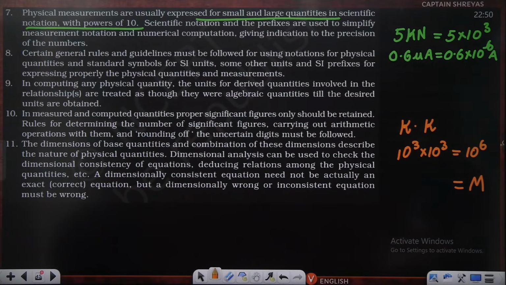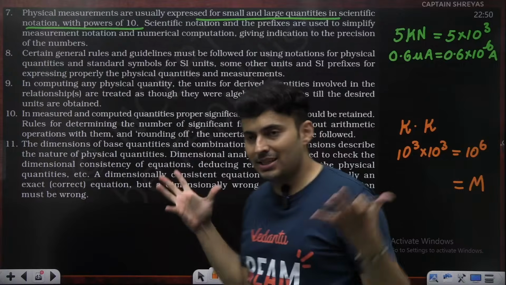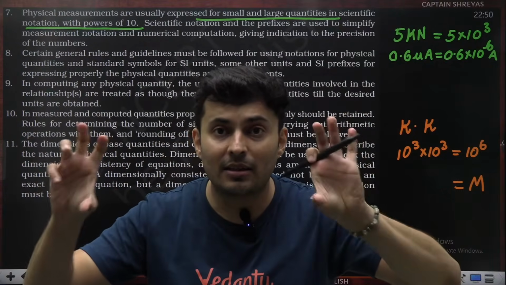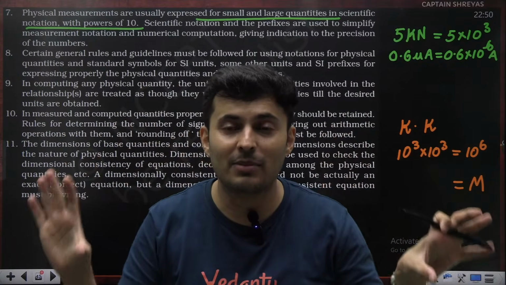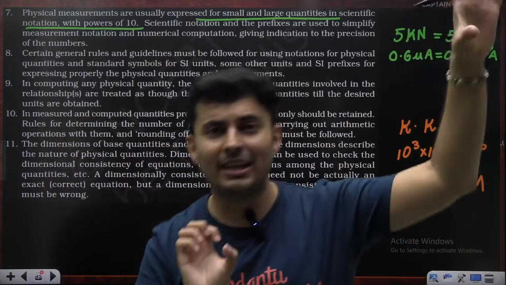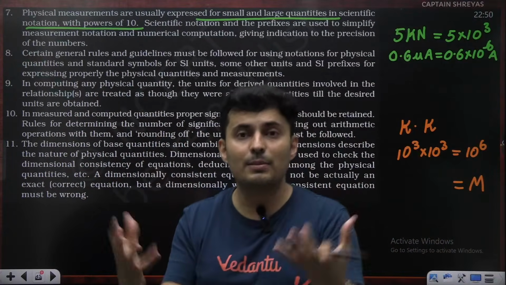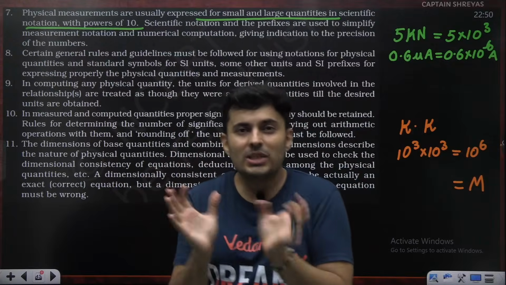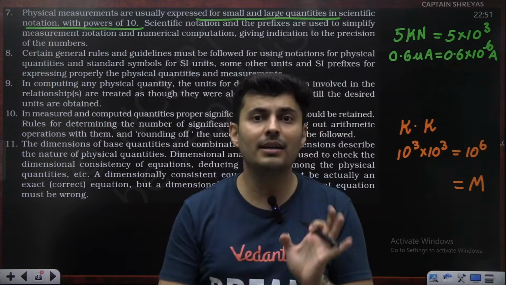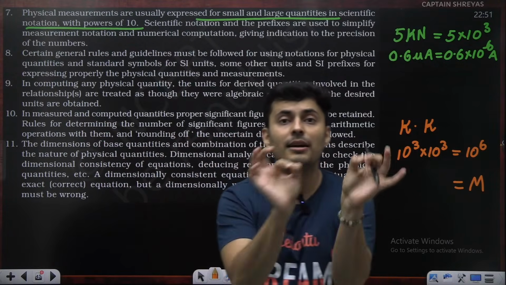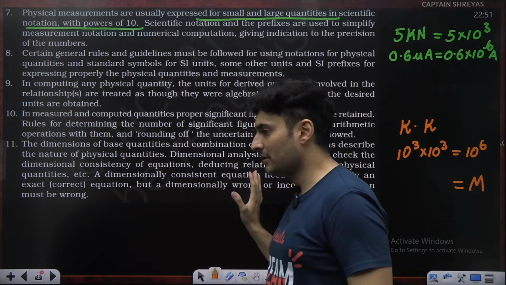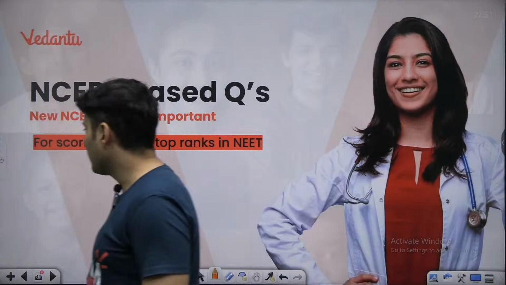Those are the rules. And lastly, we spoke about dimensional analysis. All those fundamental quantities have the fundamental dimensions: mass, length, time, ampere, etc. Any derived quantity, you can express with suitable powers, mass raised to something, length raised to something. This helps us in two major things: to check whether an equation is valid or not by using the homogeneity principle, and second, it helps us in deducing relations between multiple quantities. That is what it tells us. So that is what we have learned till now.